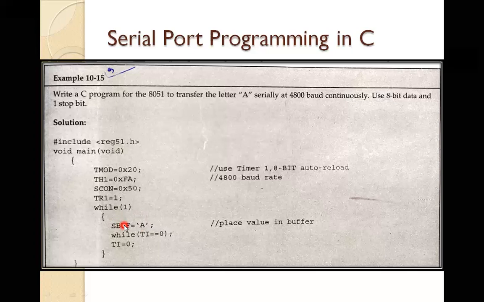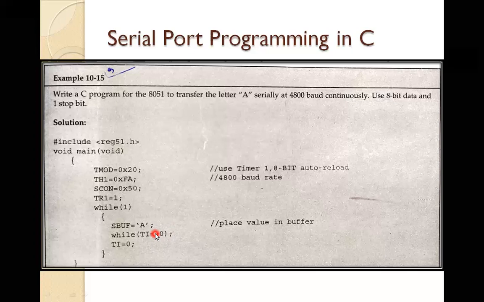Then after transmitting the information, we have to check whether it is transmitted or not, whether all the bits are transmitted. Through this instruction, while (TI == 0); this indicates that if TI equals 0, then wait here only. First the start bit is transferred, and the status of TI is 0, so again check here. Then first LSB, second, third, fourth, fifth, seventh bit transfer.